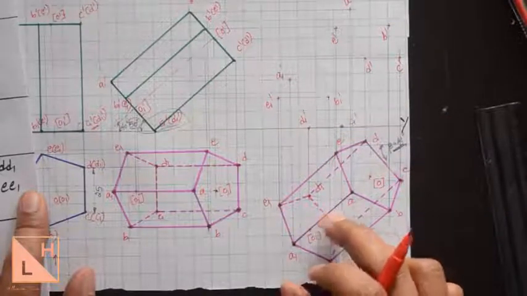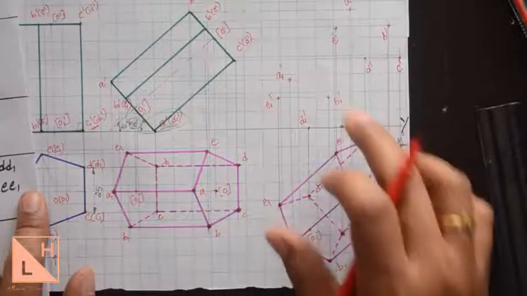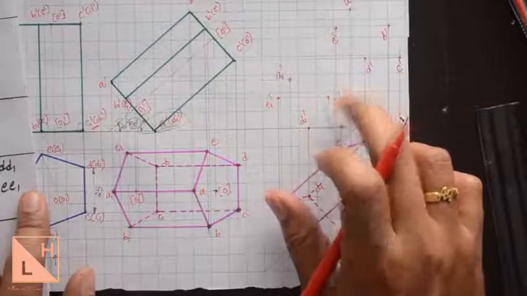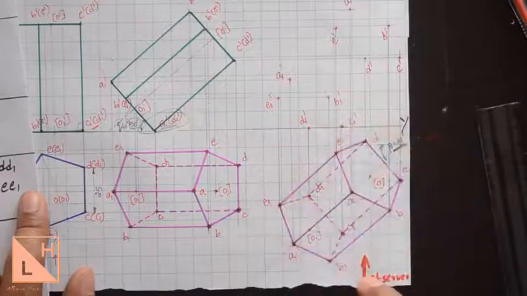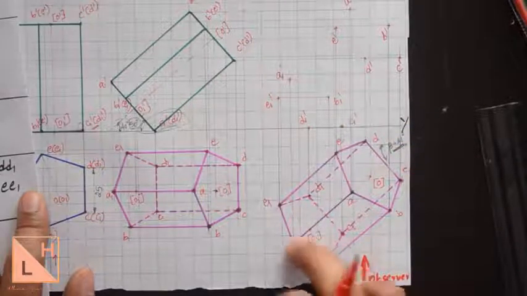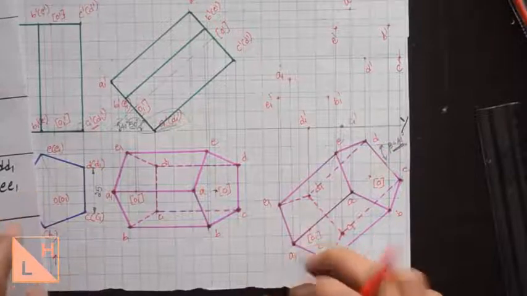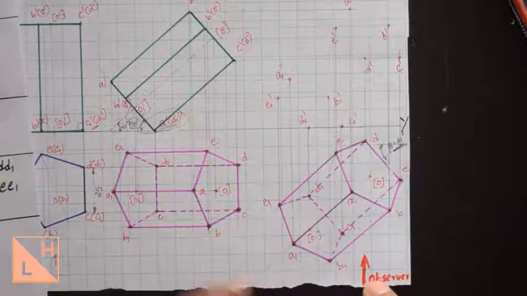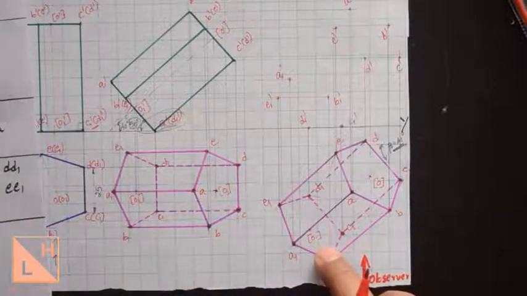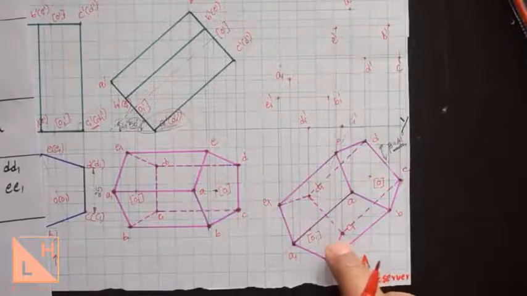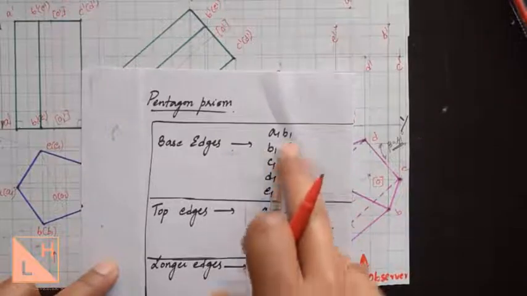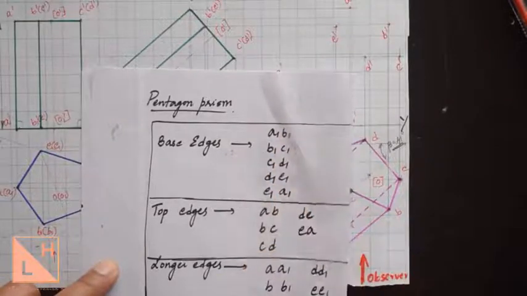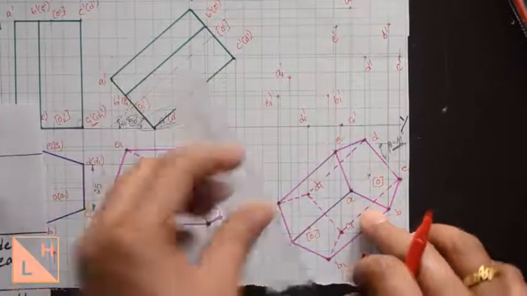So remember the points which we had discussed in our previous problem to identify hidden and visible edges in the final position. The first step is identify what is closer to observer and darken that particular face with a visible edge. So here the one that is closer to the observer is the base. Base is made up of A1, B1, C1, D1 and E1, as we have already listed it here. So join these 5 edges as a visible edge in the final position.